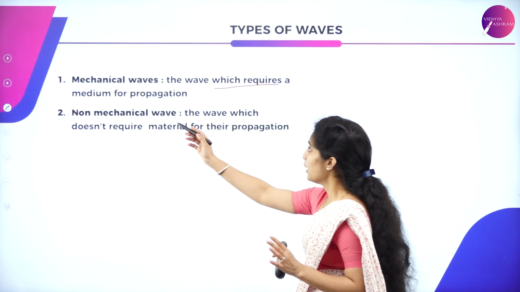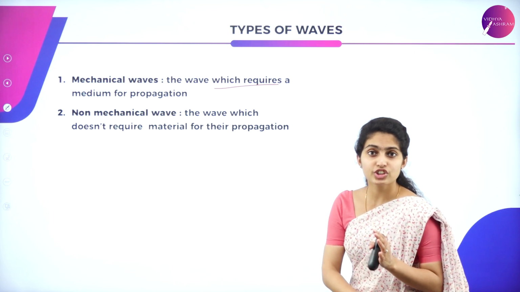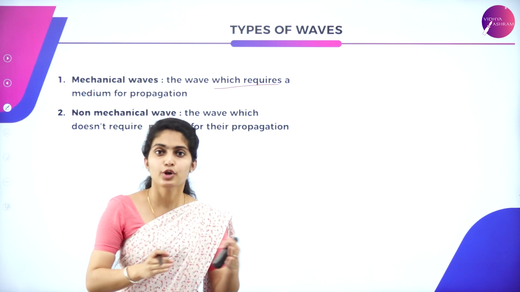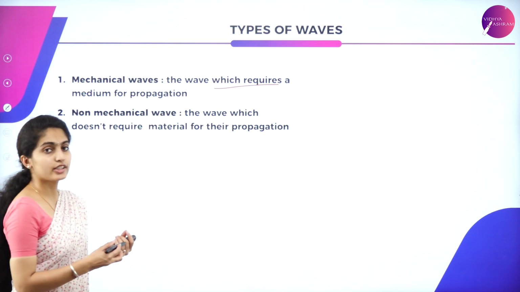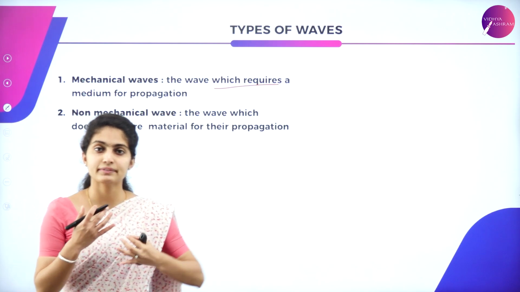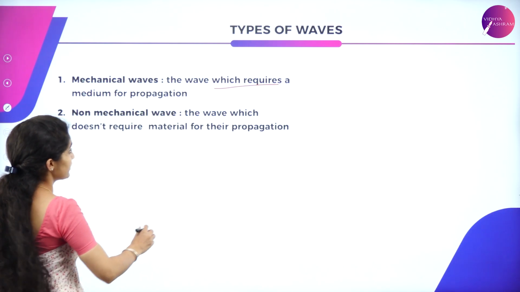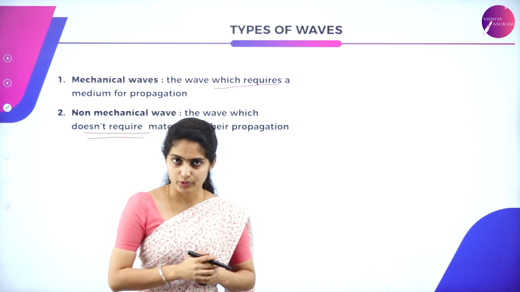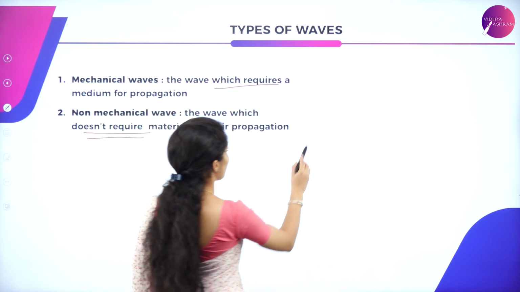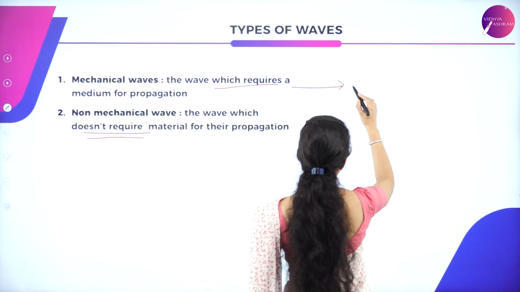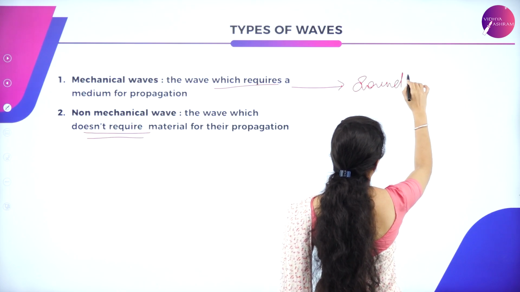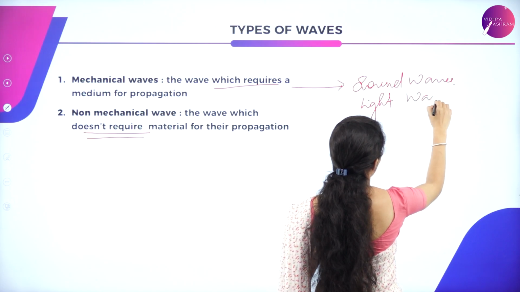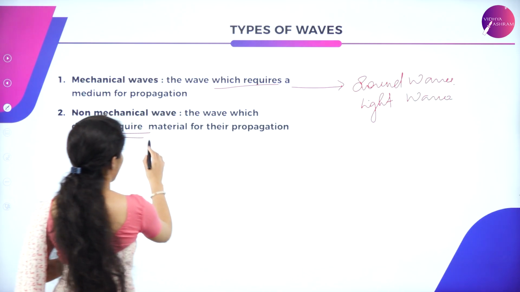So here in this case, mechanical waves are the waves which require material medium for their propagation, that is material medium for their movement. Next is non-mechanical waves. So what is meant by non-mechanical waves? Contrary to the mechanical wave, it is the wave which does not require any sort of medium for its propagation. So for mechanical waves, you have an example of sound waves or light waves, and for non-mechanical waves, you have an example of